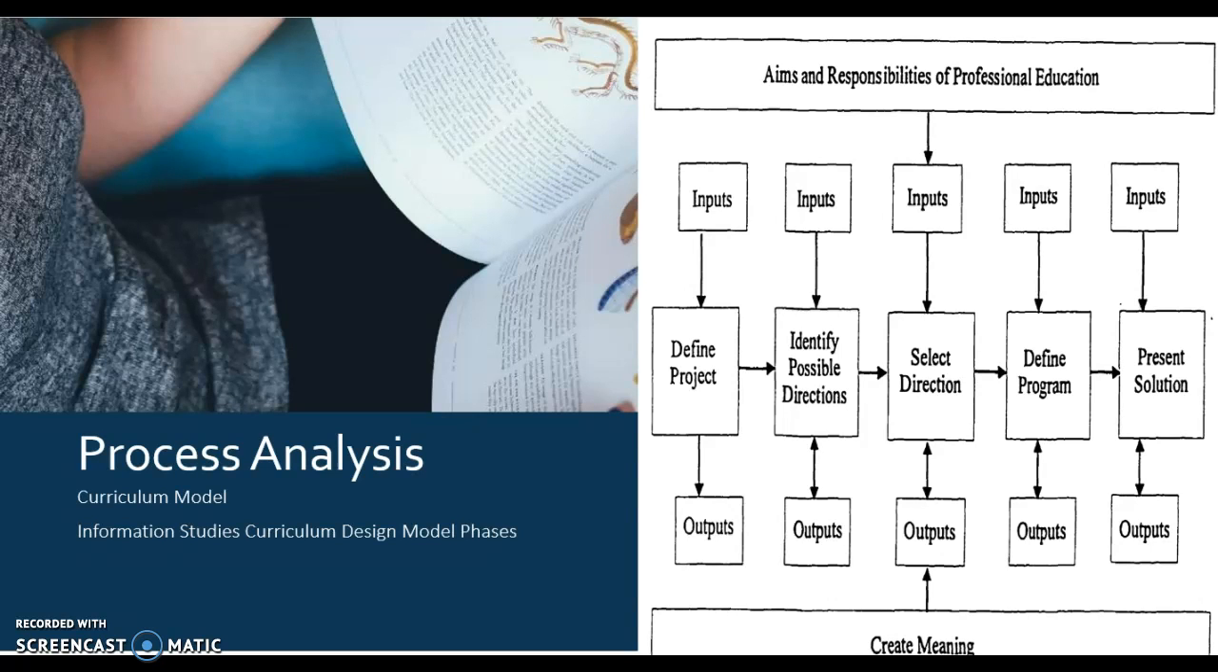And for the curriculum model, for this course, I chose Information Studies Curriculum Design Models and Phases. And we were also charged with comparing and contrasting one that maybe we found that wasn't in the book to one that was listed in the book. And so I compared mine to Integrated Systems for Workforce Education Curriculum. And the similarities between the two were that both of them